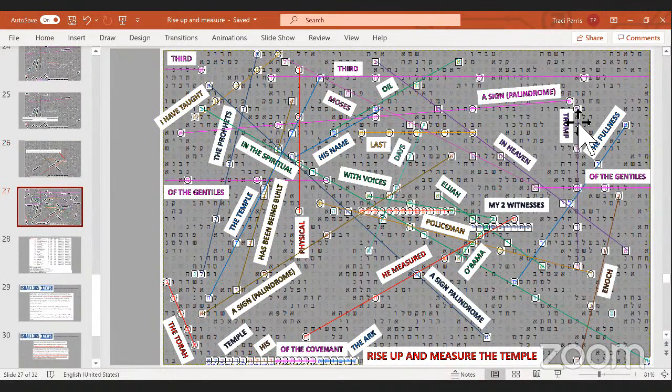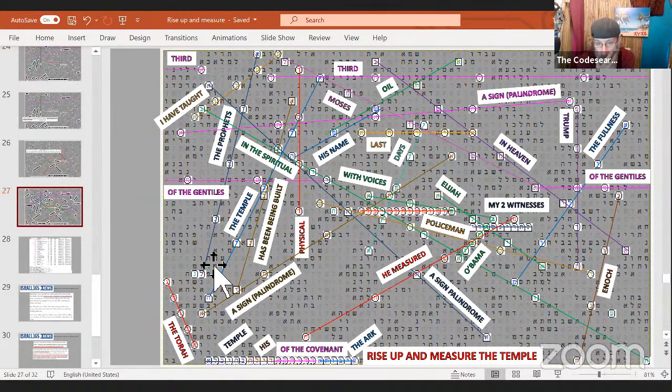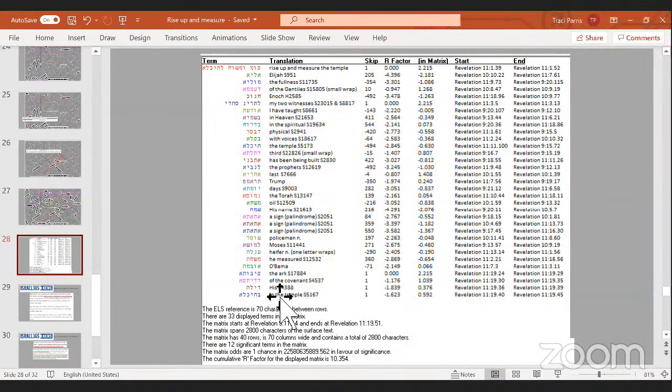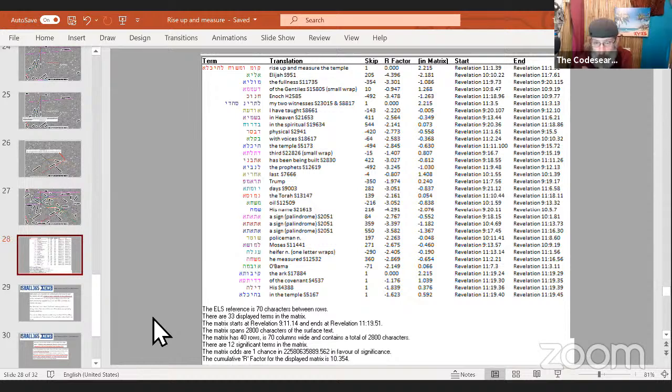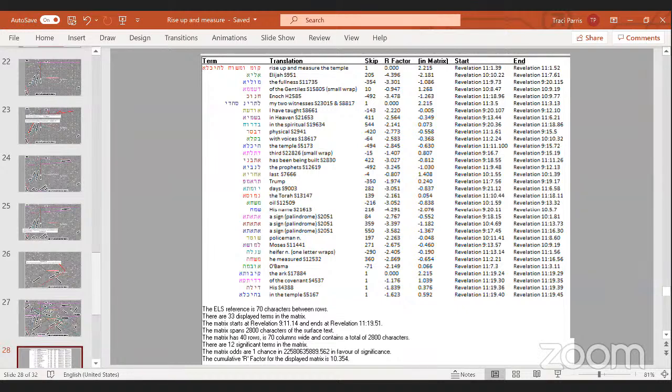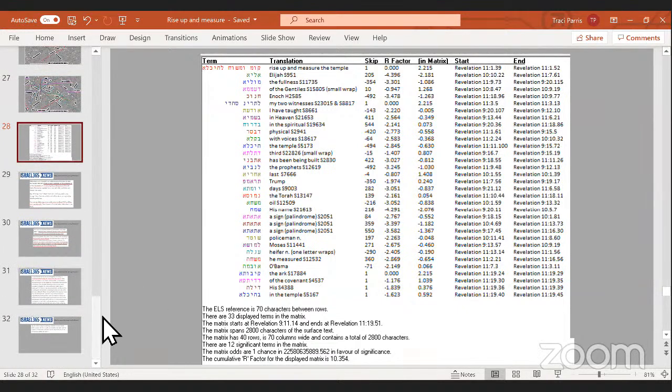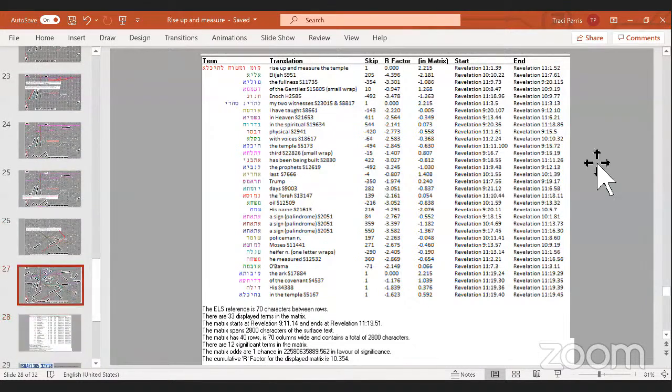And this is everything put together. Very interesting density there. And then those are all the terms that I used. Yeah, each one of your skips less than 500. That's amazing. Very good. All in the book of Revelation, guys. In the very text. Yeah, that was just more news on the red heifer that I took out of there. But yeah, that's it.